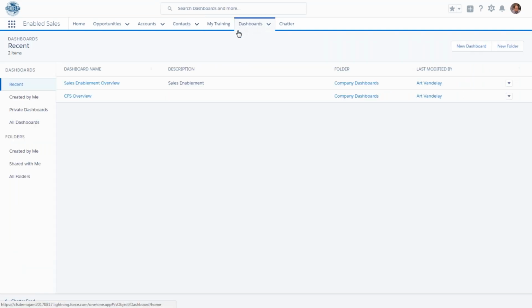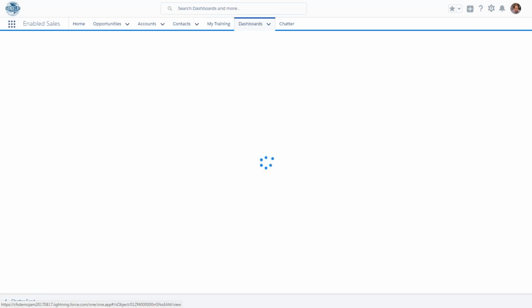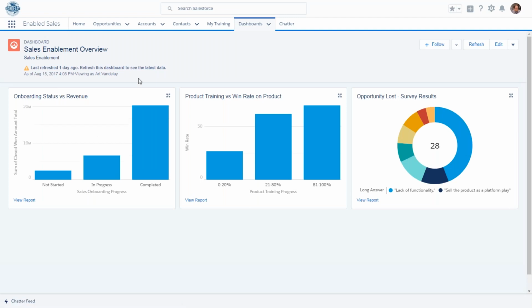And this is all available and reportable inside of Salesforce dashboards. So users will be able to see not only the training that these people are taking, but also the related downstream effects. So do salespeople...